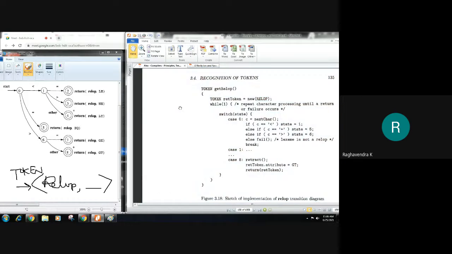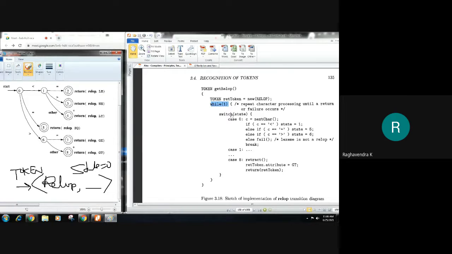Now of course the input reading has to be done repeatedly unless you come across an error or unless the input is over. So let us put a while statement here. While 1, obviously we are repeatedly reading the characters and trying to identify and return the tokens associated with them. This is an infinite loop now. We can see that there are multiple switch cases. Let us assume that initially the state value is 0, because that is where we are going to start.